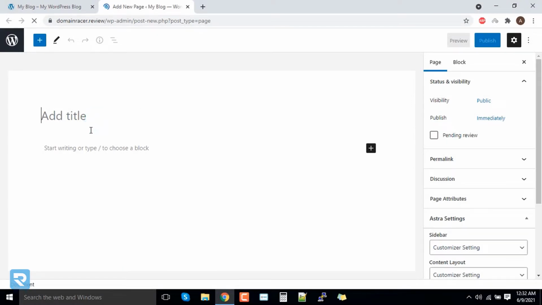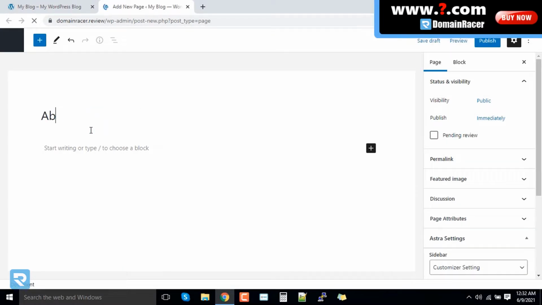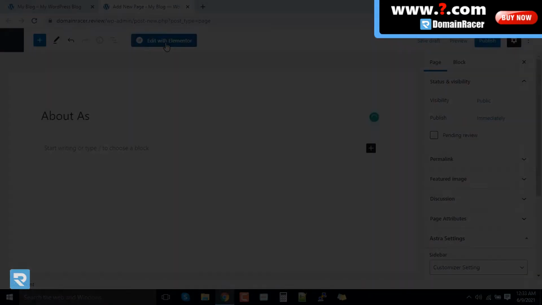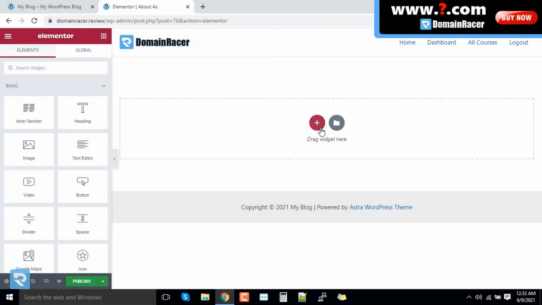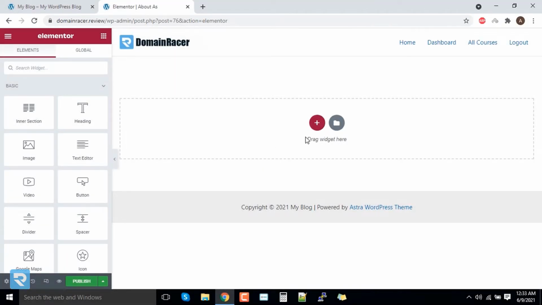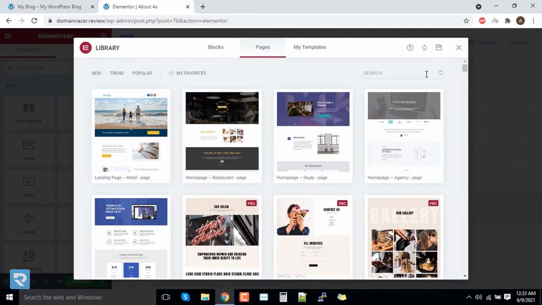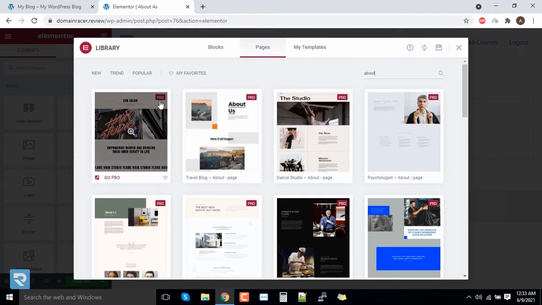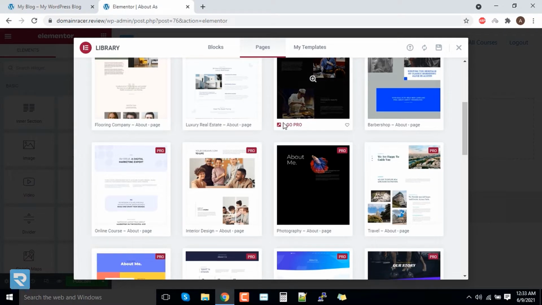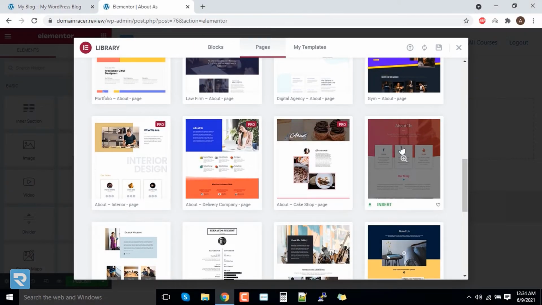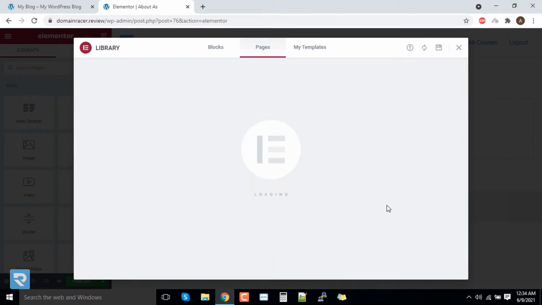Here I will create a page called about us, and click on edit with Elementor. We'll do the same process as we did with the home page. I will add here about. These are the pro versions, but we need to look for a free version. Maybe this one looks good, so I will directly insert it.